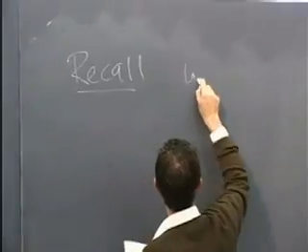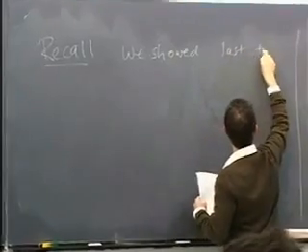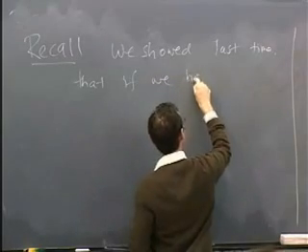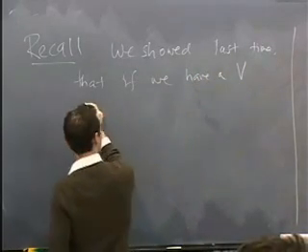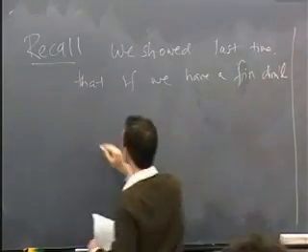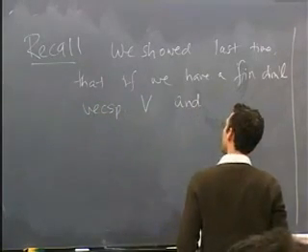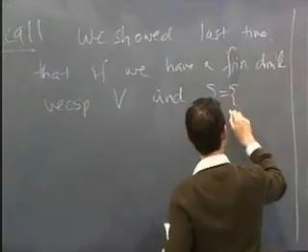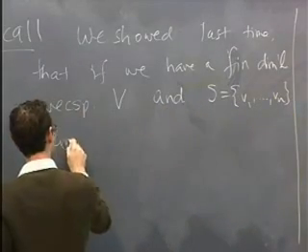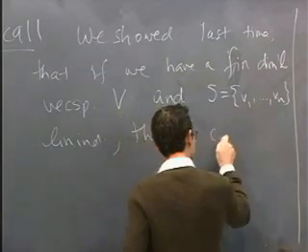We showed that if we start with a finite dimensional vector space, and a linearly independent subset of that vector space, I'll call that set S, and it contains vectors v1 through vn, and I assume that this is a linearly independent set, then S can be